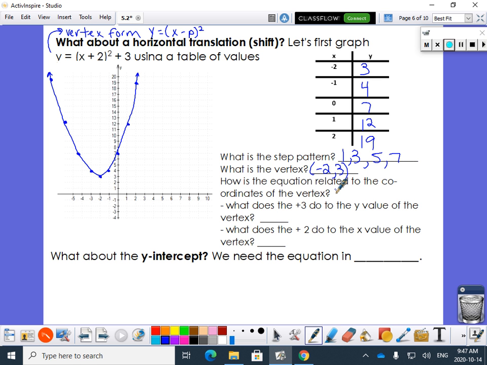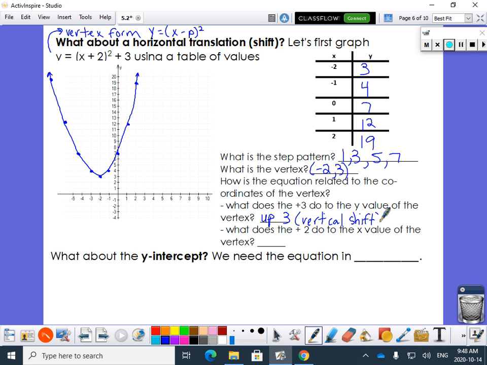Okay, so how is the equation related to the coordinates of the vertex? So it says, what does the +3 do to the y value of the vertex? So I want you guys to fill in here. Up 3. Vertical